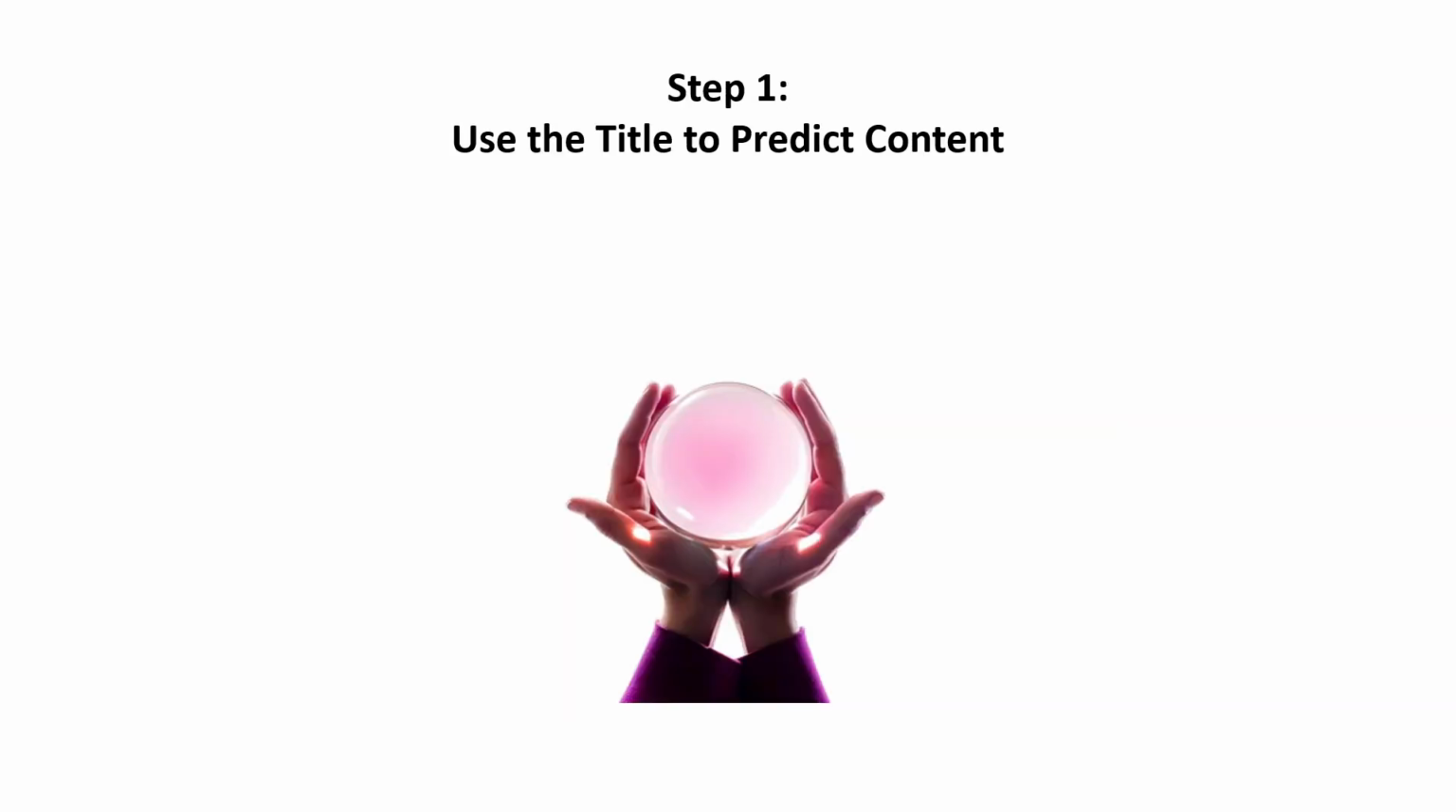So, first step, use the title to predict content. Before the audio begins, CAEL gives you a title and sometimes a short description. You need to use this to activate your background knowledge. For example, if you have a title that says How Regional Accents Develop and Why They Persist, from this you